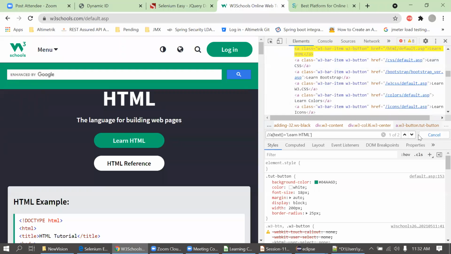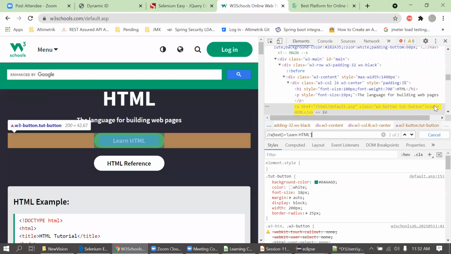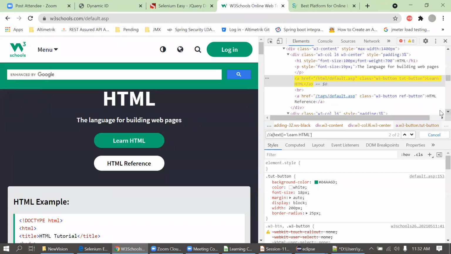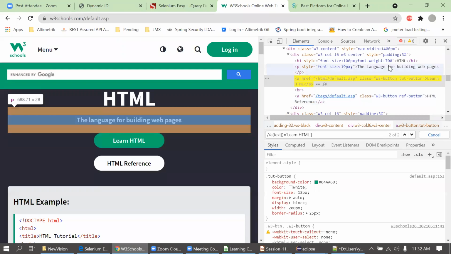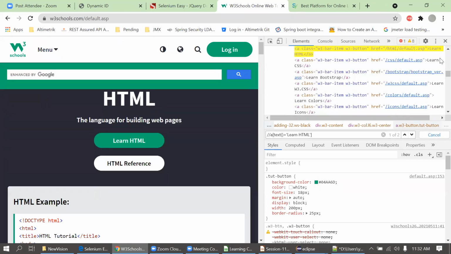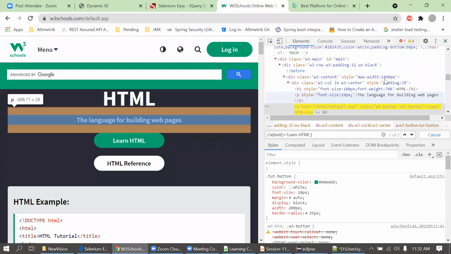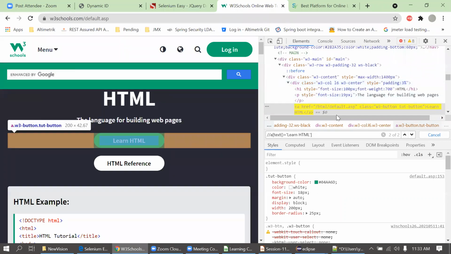You can see Learn HTML here, and here also Learn HTML. No, I'm talking about the text 'language for building web pages', and here it should be different. Yeah, perfect. Based on that we can create XPath for these two. Yes. You should identify what the difference between these two is, and only then will you be able to resolve the problem.